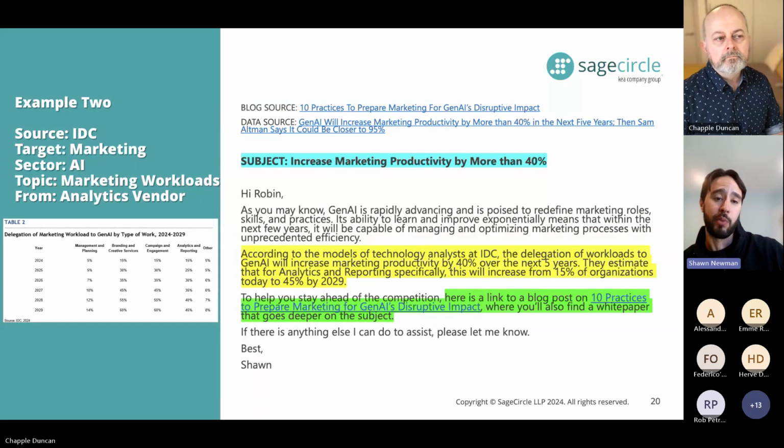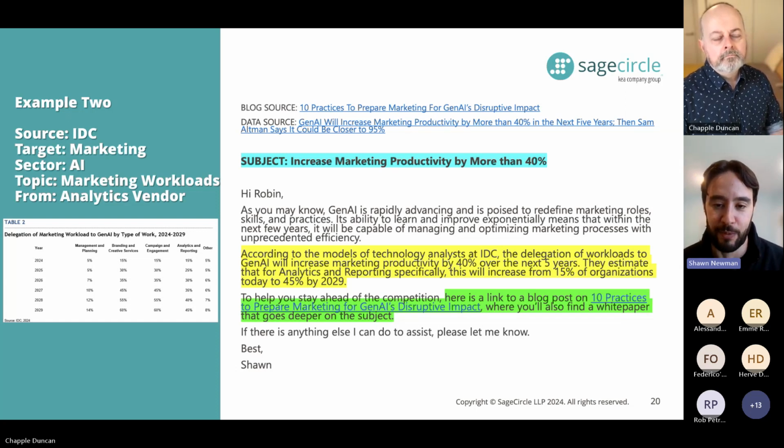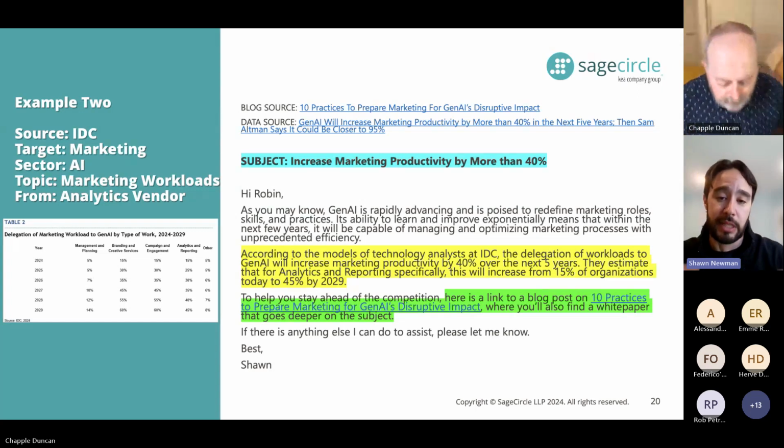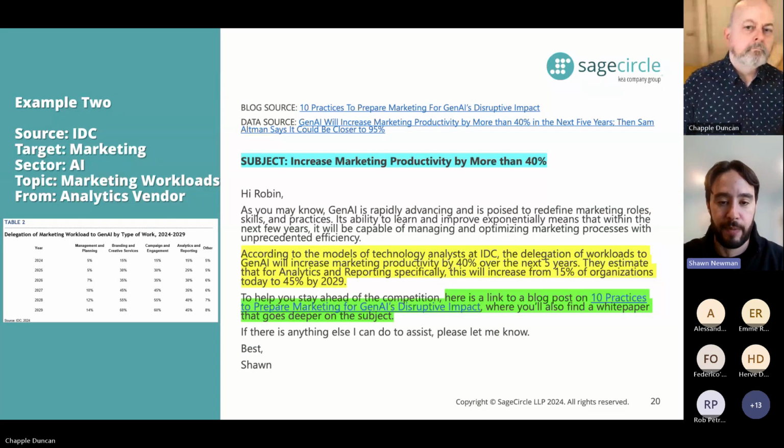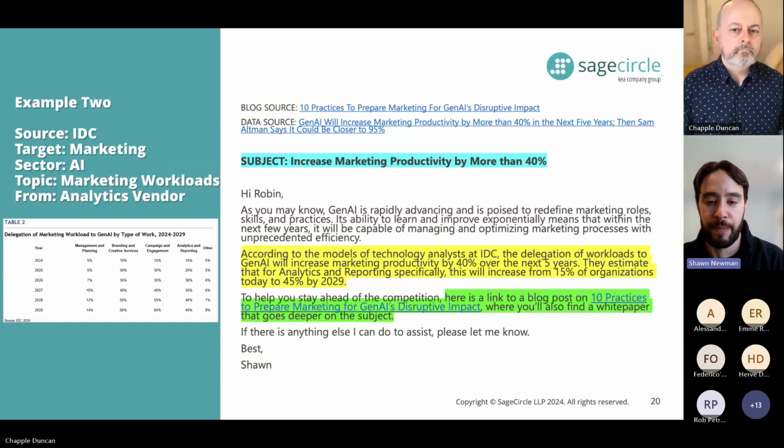Now we're getting a little bit more into the line of business. We're selling it to marketing. We're talking about marketing workloads, some data from IDC. If you've worked with IDC, you know that they produce a ton of data, probably more than any analyst firm that's out there. So when you're, as Duncan said, thinking about what's my analyst mix, if I'm thinking about data, if I'm thinking about where technology is headed, it's 451. If I'm thinking about data and trends over time, it's IDC.